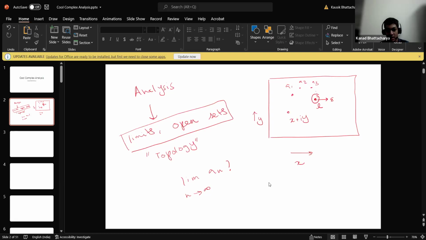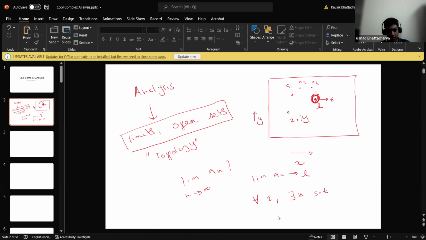So what we claim is that a_n goes to L if, no matter how small you make this circle around this limit point, there will be infinitely many points within that circle. Or to be more precise, for all sufficiently small epsilon, there exists an integer N such that